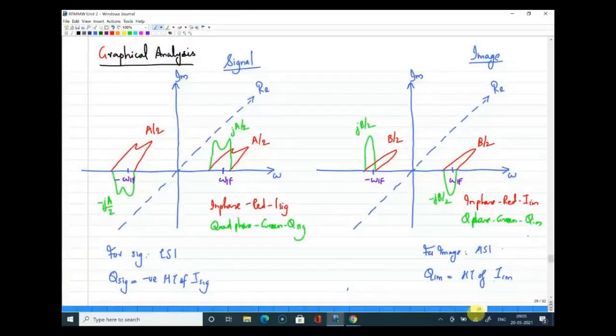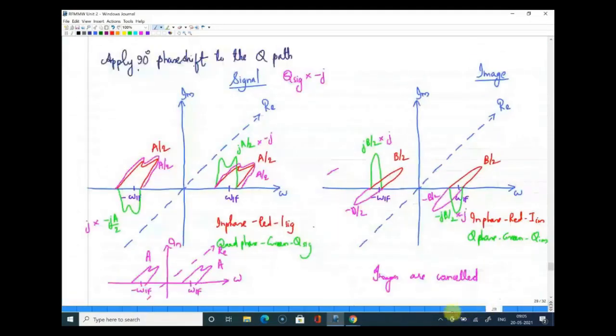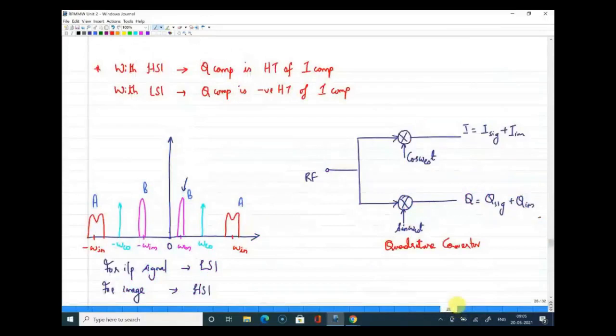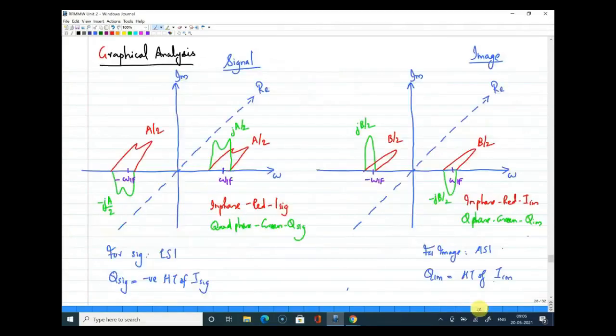we looked at the graphical analysis of the Hartley receiver. For the graphical analysis, we took this quadrature converter, with the spectrum of the image and the input, which you can see on the screen. Using that, we drew the output at the upper arm and lower arm of this quadrature converter, and after looking at that signal, we observed that because of high side injection and low side injection, there is a clear distinct difference between the signal and image emerging there.